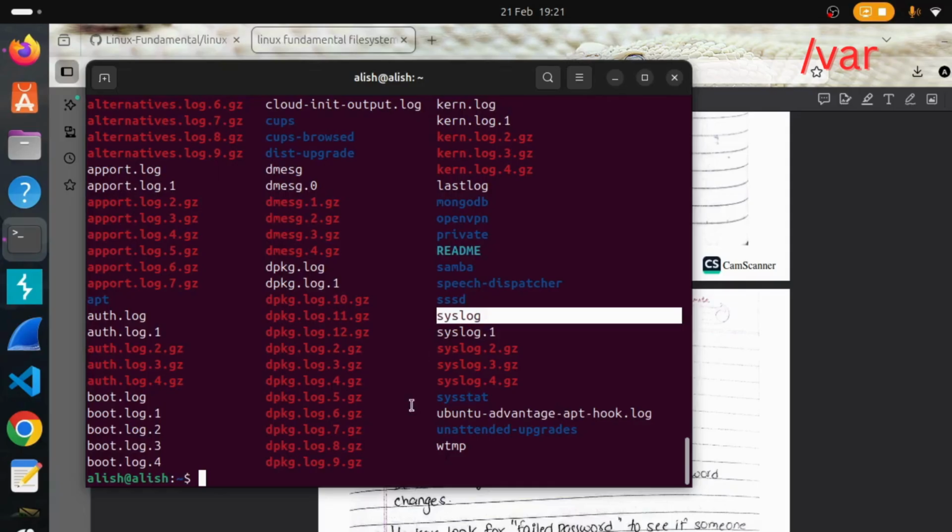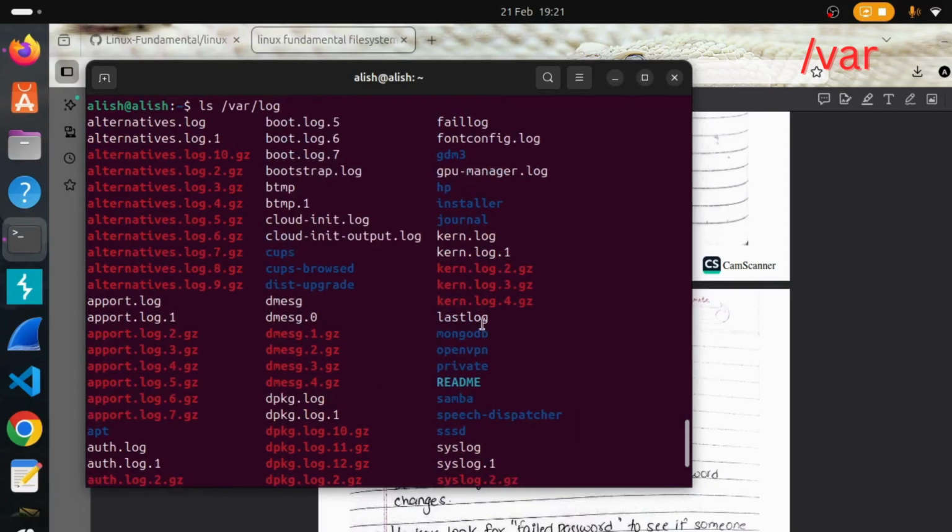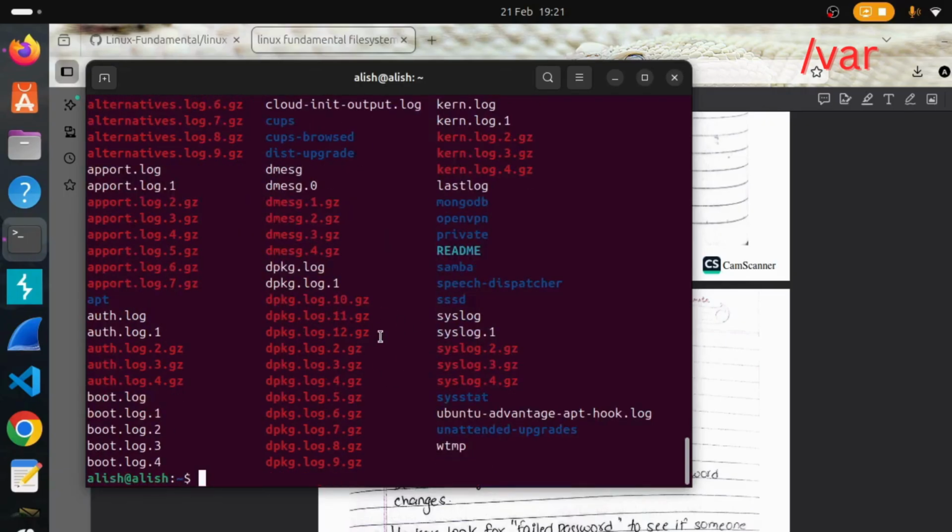Another one is the kernel log. The kernel log tracks kernel messages from hardware, drivers, firewall. A hacker checks if a buffer overflow exploit crashed the system memory. It is basically for that. So there are multiple, but these are the important subdirectories. Another important subdirectory